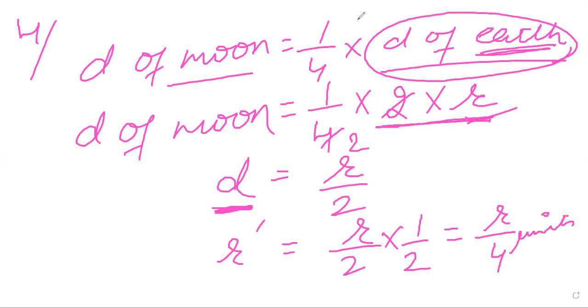Let the radius of the earth be r, then the diameter of the earth is 2r, then 1/4 of 2r is r by 2, which is the diameter of the moon. फिर radius find out करेंगे moon की, that is half of r by 2, which is equal to r by 4 units. Now we have the radius of earth and the radius of moon. We are to find out the fraction. So how to find out the fraction? Volume of moon divided by volume of earth